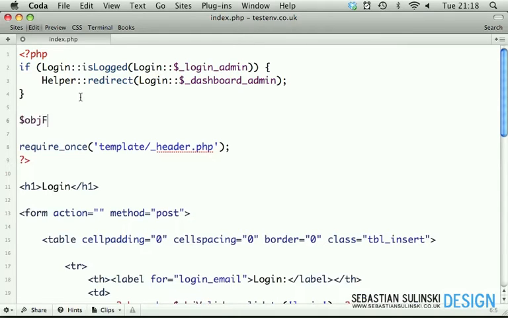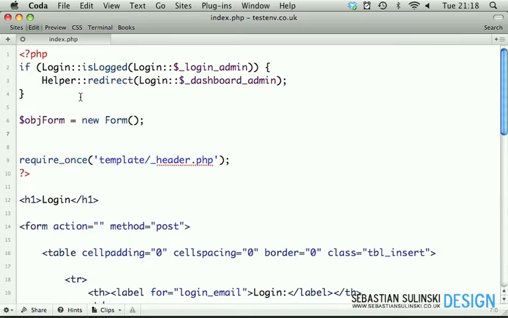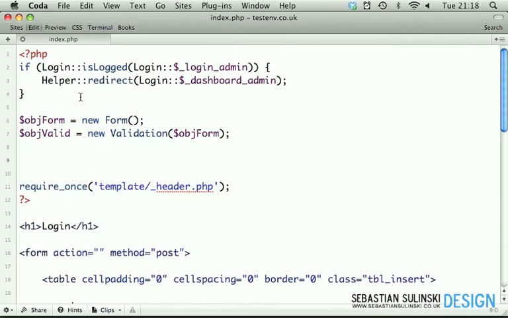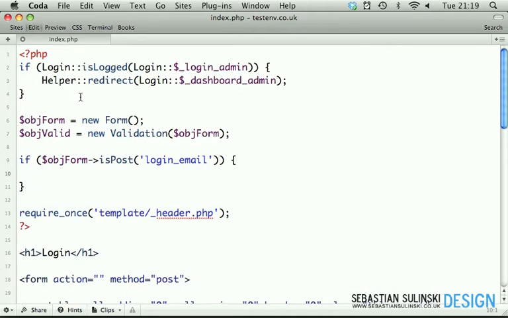Then we start with object form equals new form. Then we have object valid equals new validation, and we pass object form as parameter. After this, we start with our login form basically. So if object form is post, and we're looking for login email, so if our form has been submitted, then